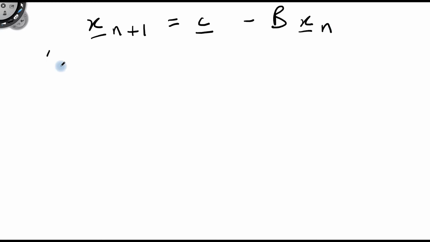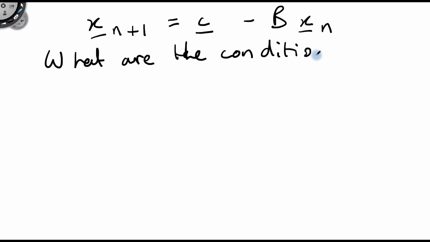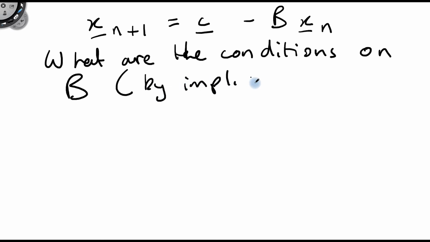So all along we're looking at Jacobi and Gauss-Seidel, and we're looking at algorithms of the form x(n+1) equals c vector minus B x(n). And we're asking the question ultimately: what are the conditions on B, and by implication A, so we can show that